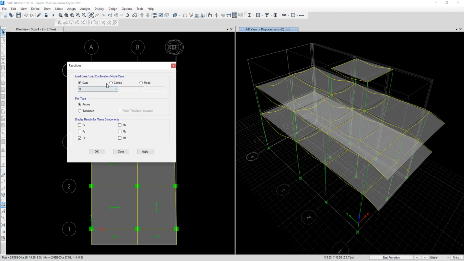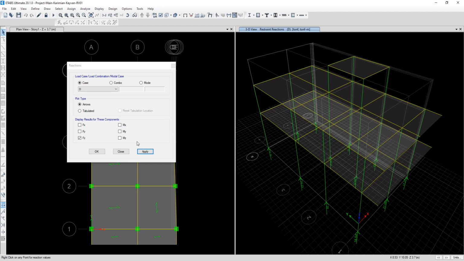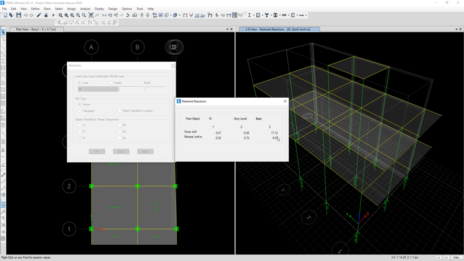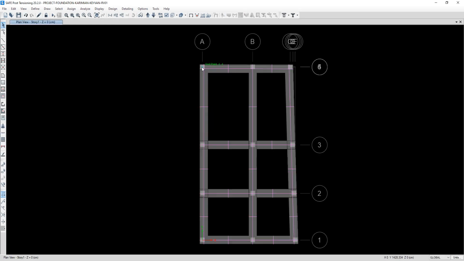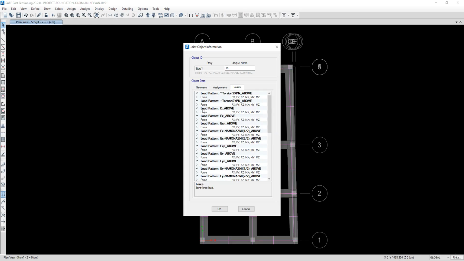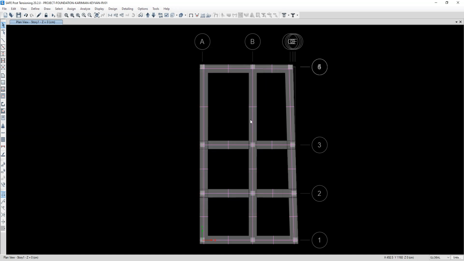Okay, for example, for dead load and FZ, this is a 70 ton force, and now in the SAFE for dead above, this is 70. Okay,